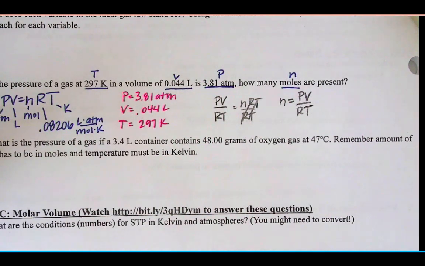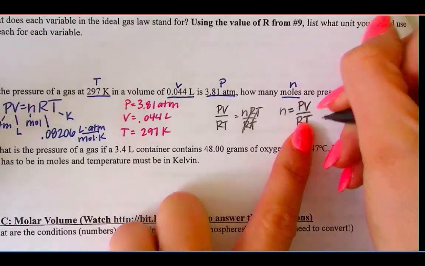Now I'll plug the numbers in. We've already checked to make sure our units are correct for plugging in, so I'm just going to plug the numbers in. I'm going to put the top in parentheses and the bottom in parentheses just to help when we plug into the calculator. So pressure